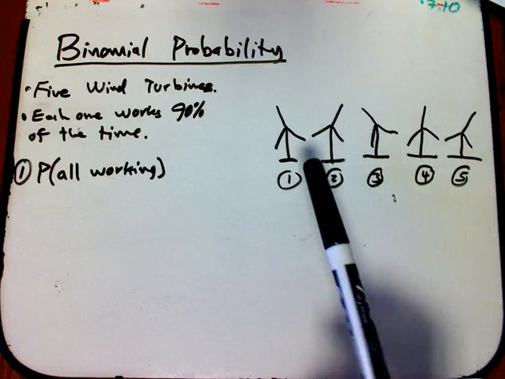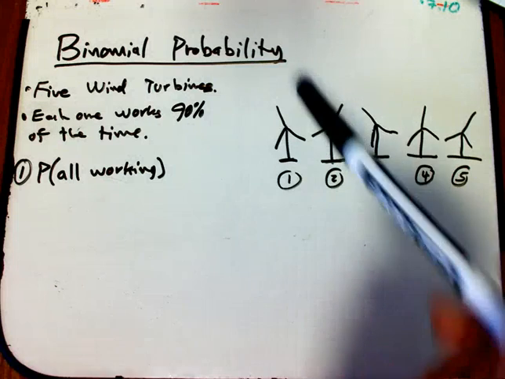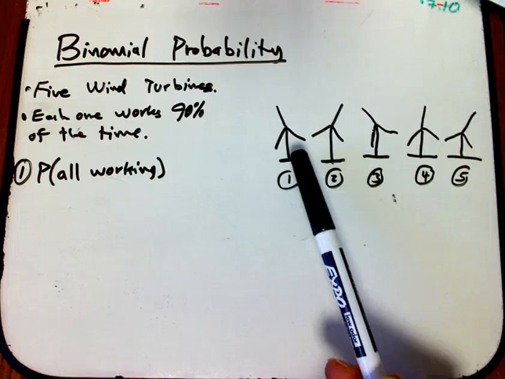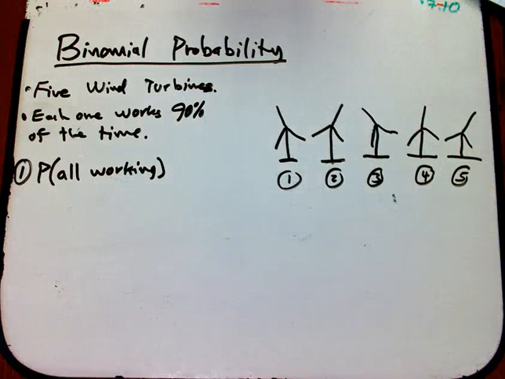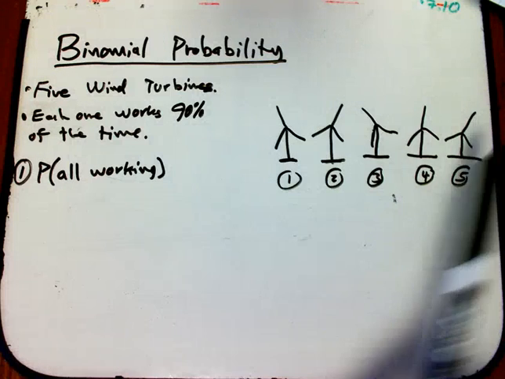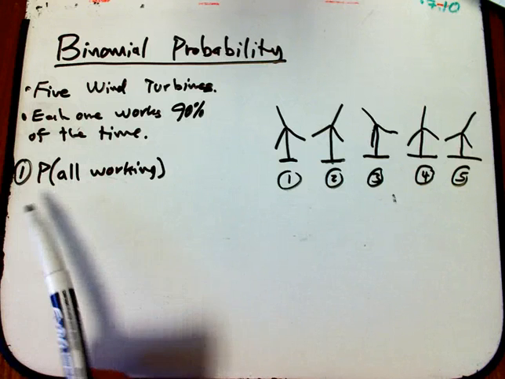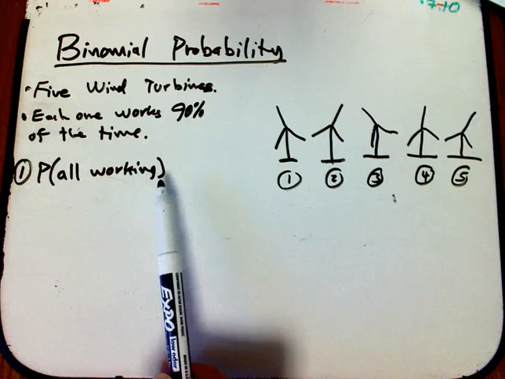What we observe, with a lot of testing and observation of these in the field, is that if I just look at one wind turbine, it's going to work 90% of the time. That's the observational history of what we should expect with one wind turbine. But we want to ask a question about the whole group, and there are various questions we can ask. One of the simplest is, what's the probability that all 5 are working at any